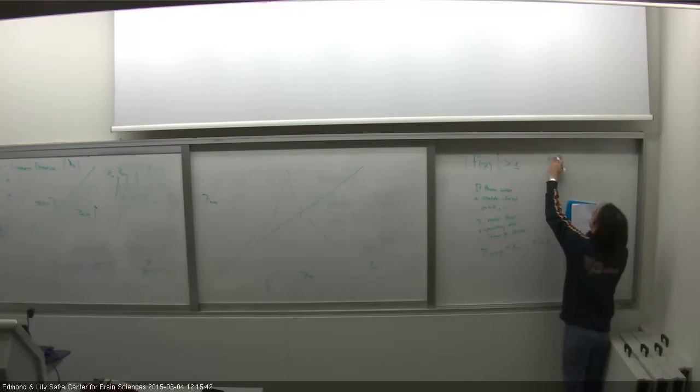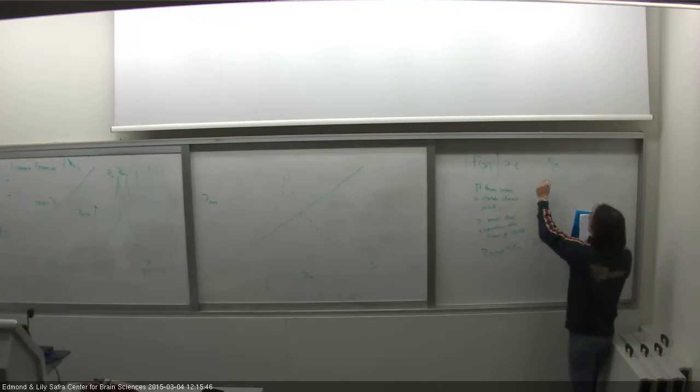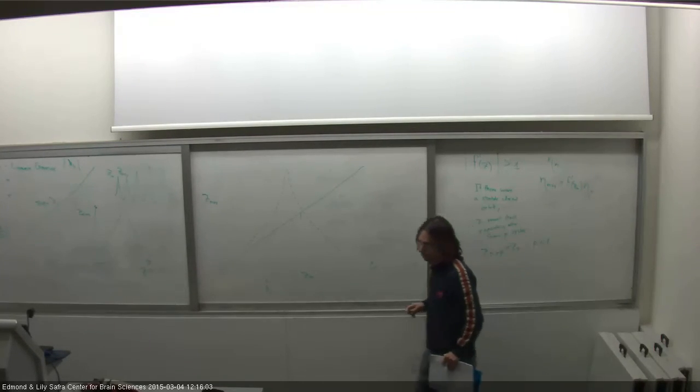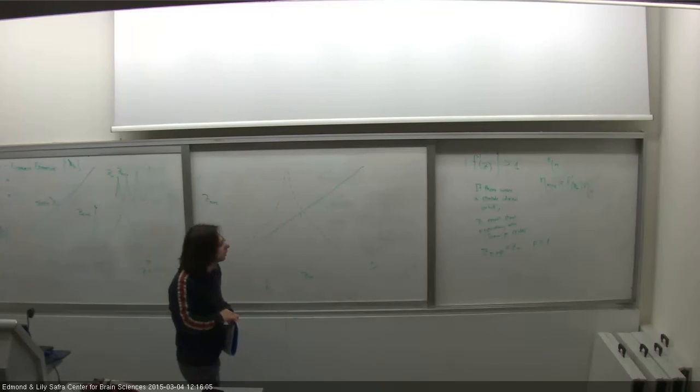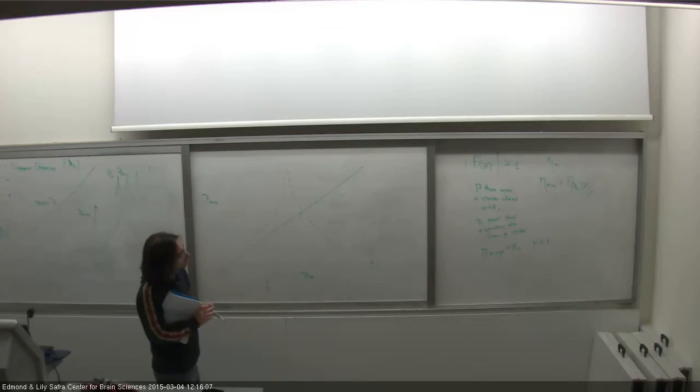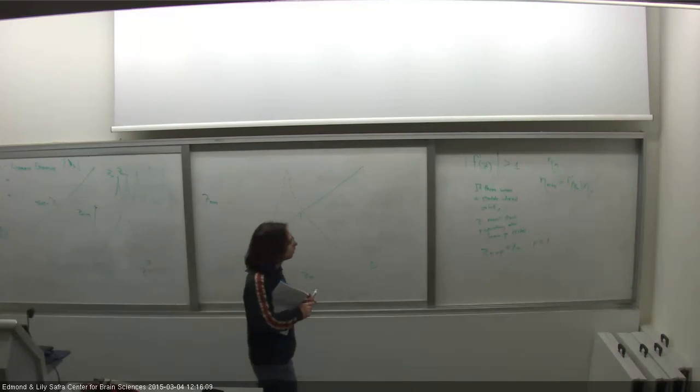Sorry, we are in discrete steps here, so eta n. So eta n plus 1, if we do a linearization on this curve, we will see that eta of n plus 1 should be what? Eta